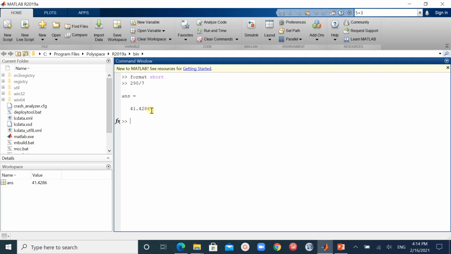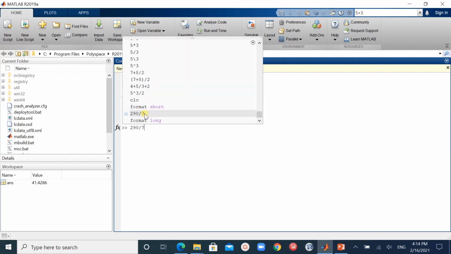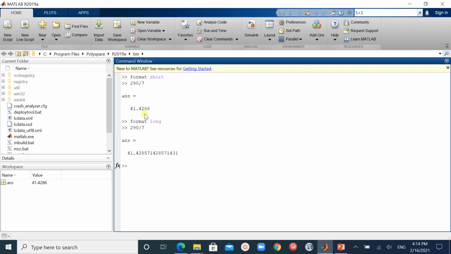By default we are having the format short in MATLAB, but if for scientific calculations we want to change the format, then we are having other formats also, which I am discussing in this lecture. Next one is format long. Now look into this.